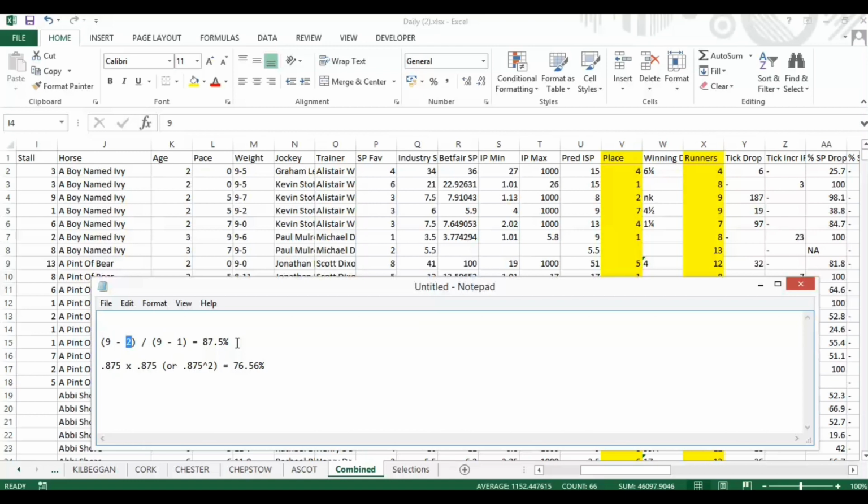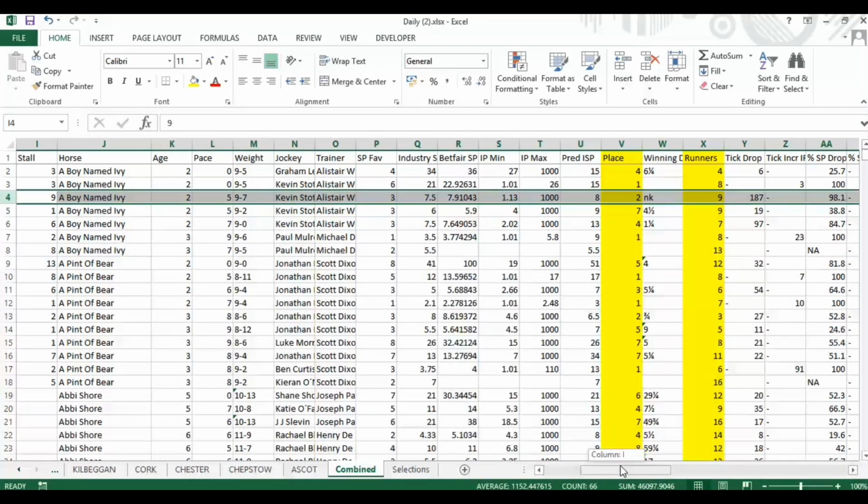It gives a longer term benefit to the rating. And the way that it's calculated, all we do is simply the square of the output here. So you do 0.875 times 0.875 or 0.875 squared. And that gives you a figure of